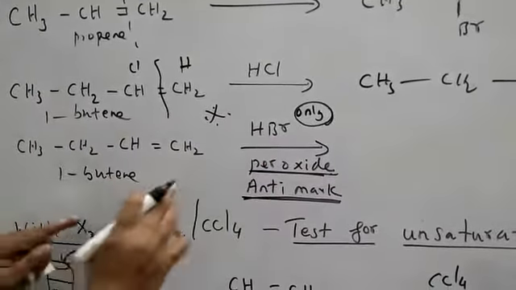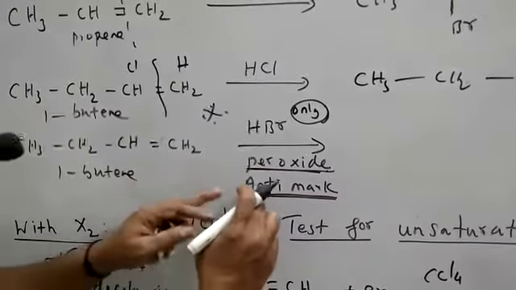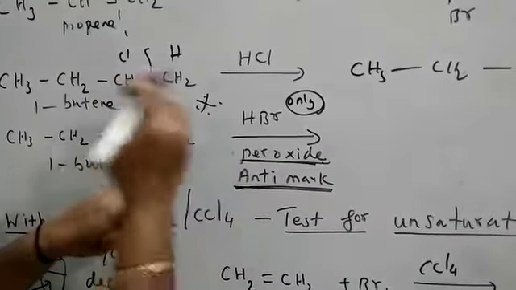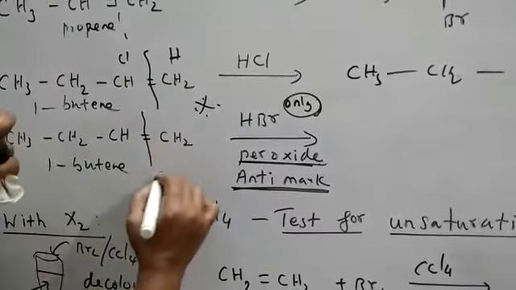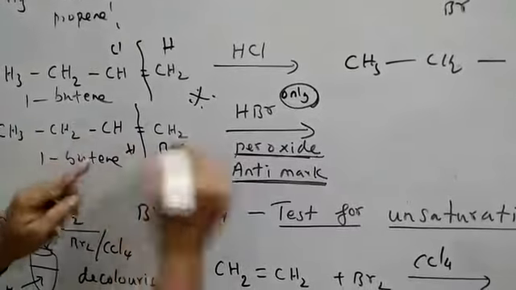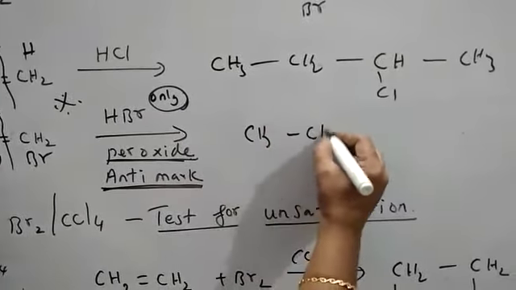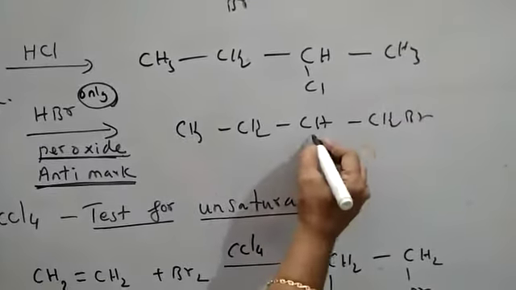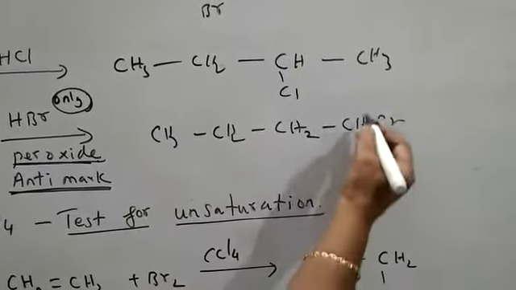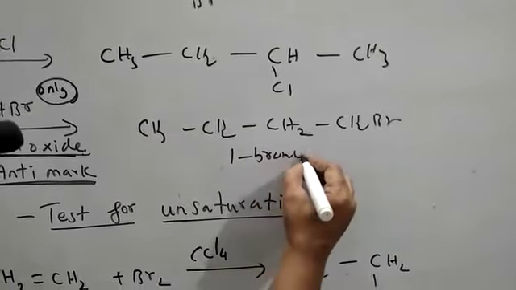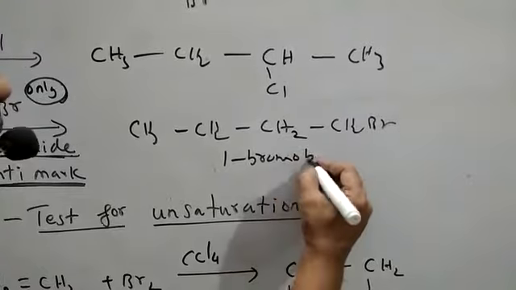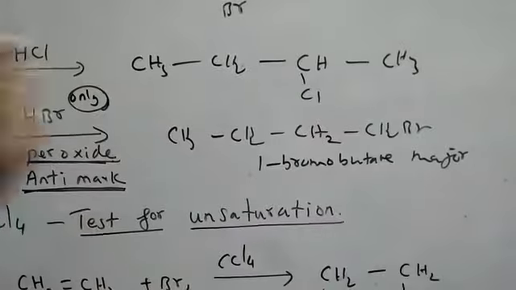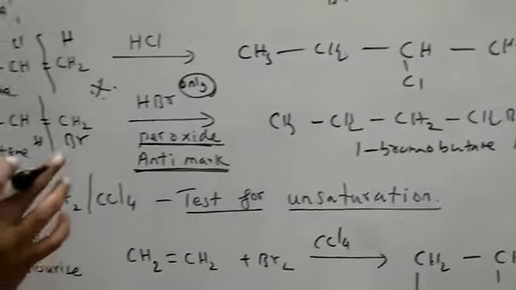Now let us see what is happening here because of the peroxide. Anti-Markovnikov: the negative part, Br, goes to the richest carbon. Who is richest here? So you put Br on the richest carbon and hydrogen on the other. Complete the product now: CH3, CH2, CH2, CH2, Br. Addition you always put like this. So what product are you getting? 1-bromobutane. This is the major product, 99%, so you need not worry about the minor product. So this is the peroxide effect.